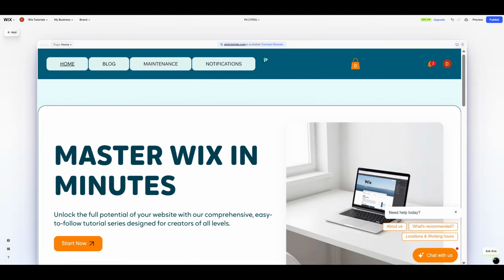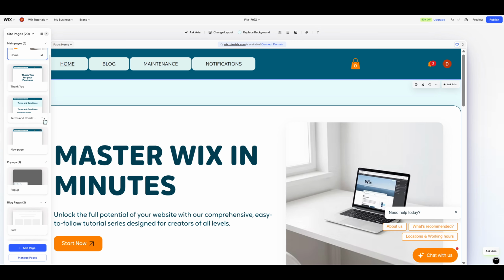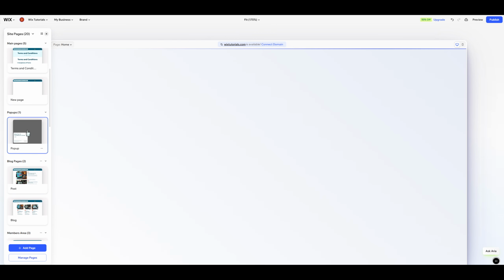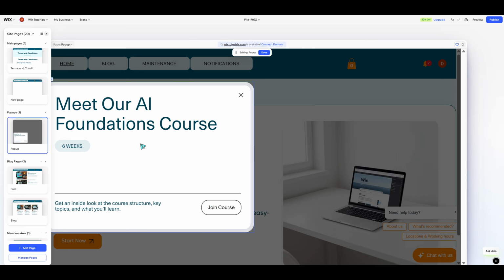Once you're inside the editor, locate your pop-up on the page. Click on the pop-up to select it. Make sure the pop-up itself is selected because this will reveal the controls and settings connected to that specific element. If you have more than one pop-up on your site, take a second to confirm you've clicked the correct one